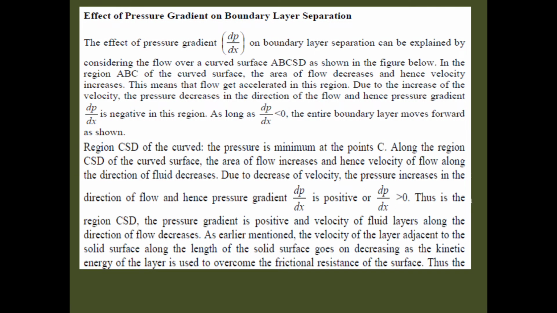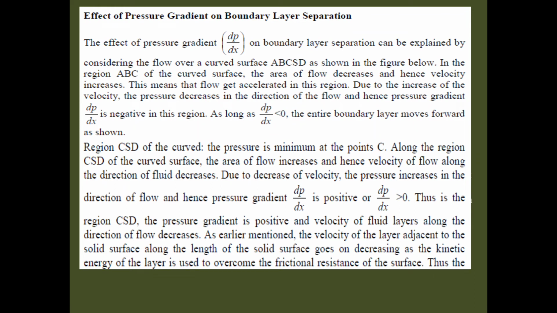In the region CSD of the curve, the pressure is minimum at the point C. Along the region CSD of the curved surface, the area of flow increases and hence the velocity of the flow along the direction of the fluid decreases. Due to the decrease of velocity, the pressure increases in the direction of flow and hence the pressure gradient dP by dx is positive, or dP by dx is greater than 0. Thus, in this region CSD, the pressure gradient is positive